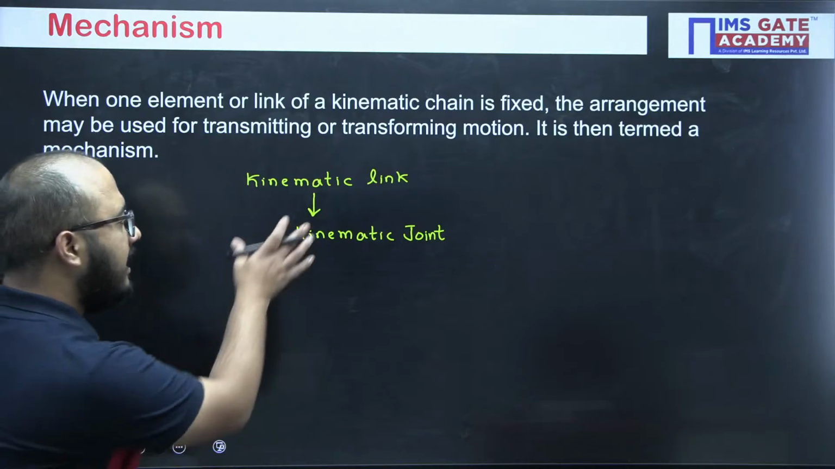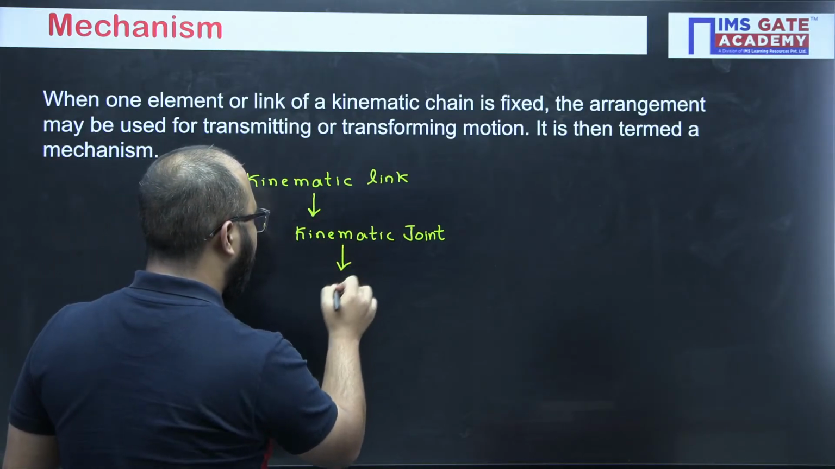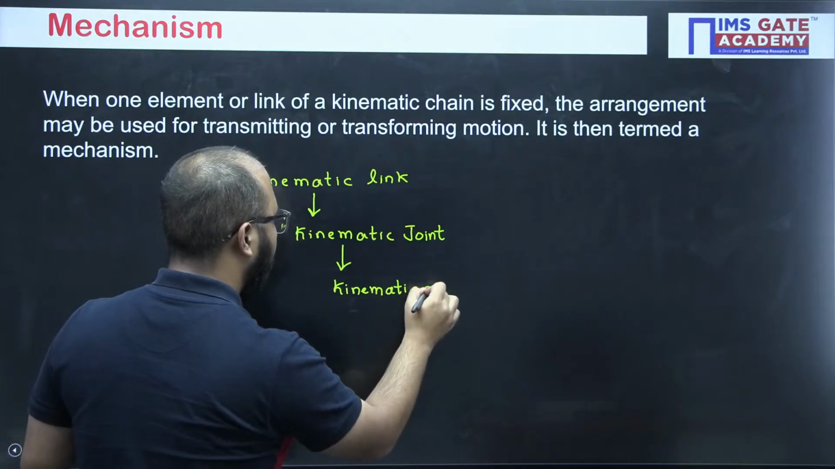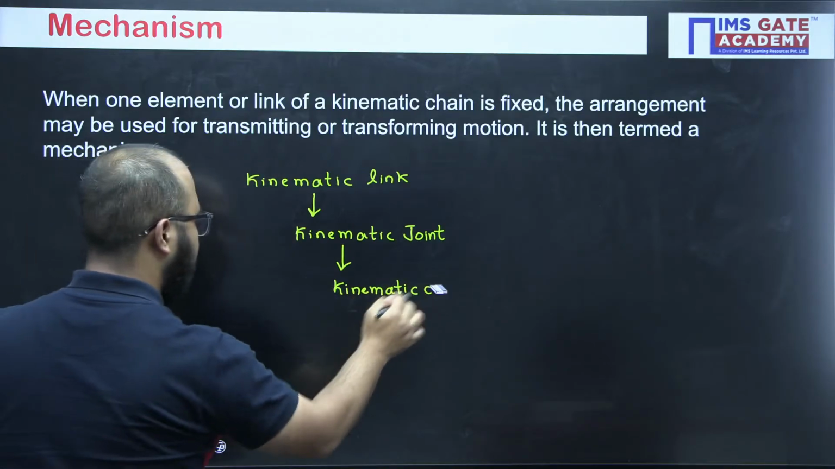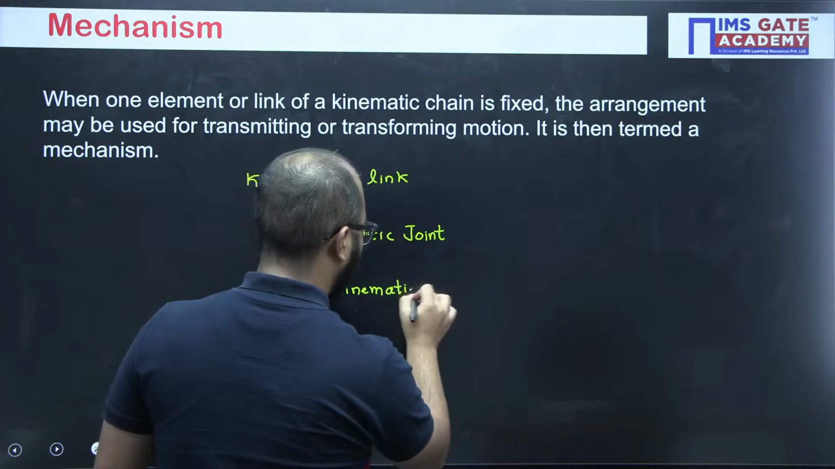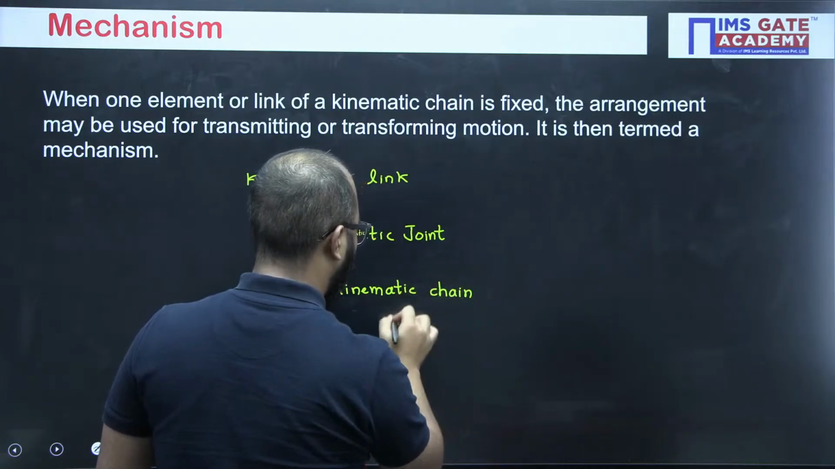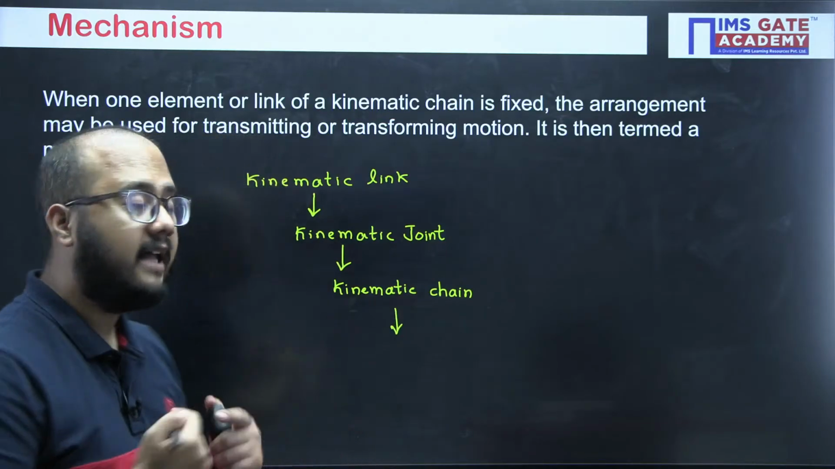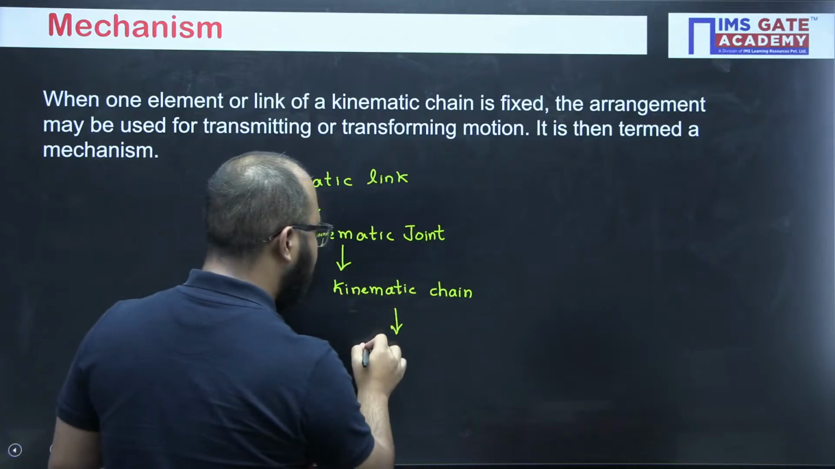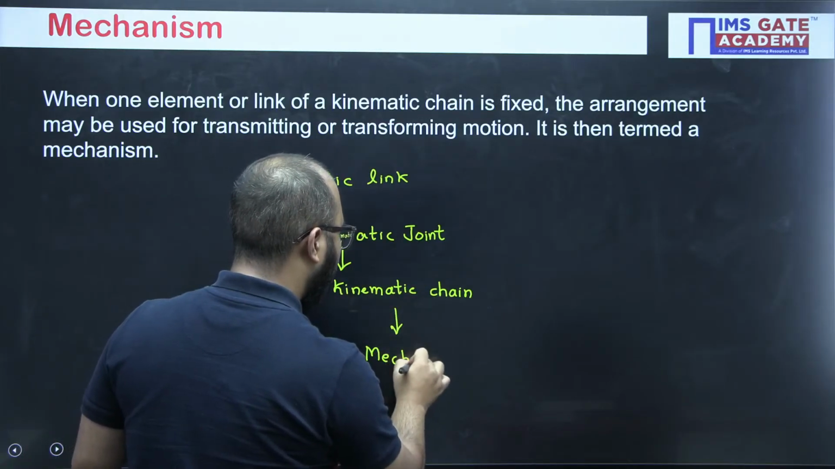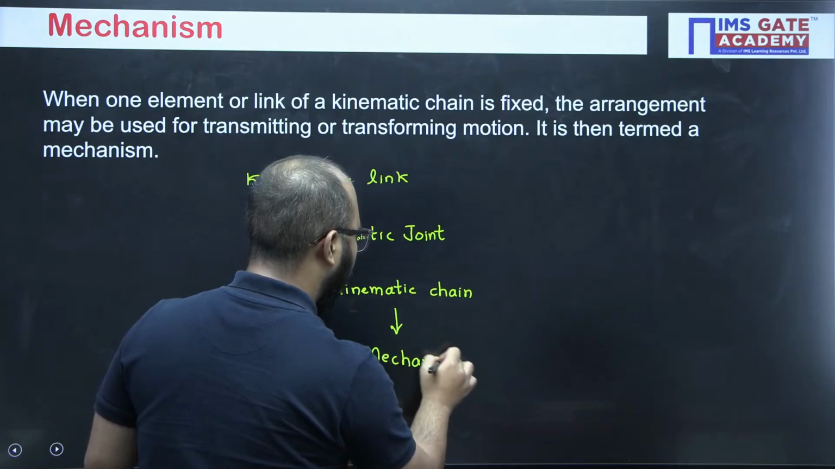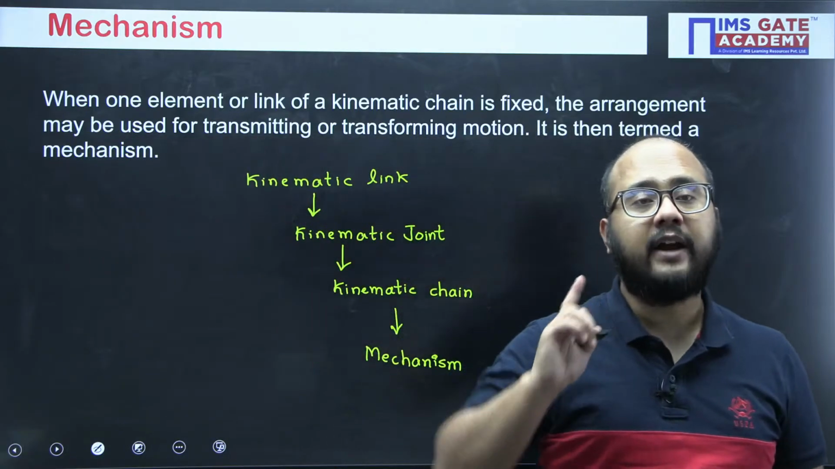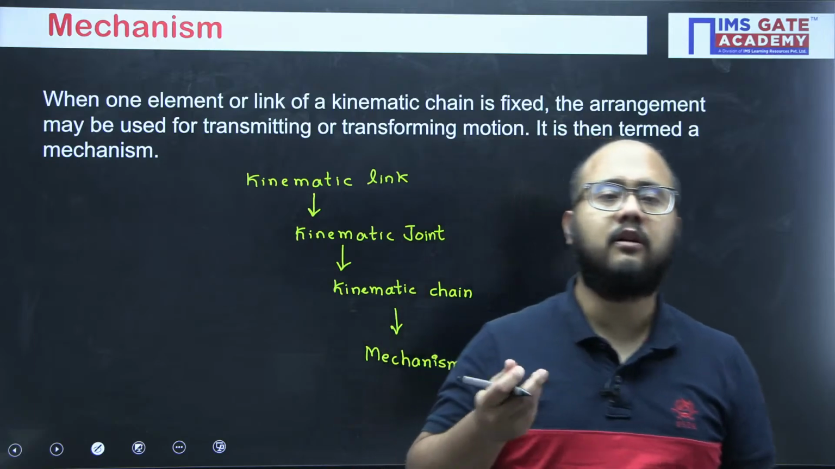Now, after kinematic link, kinematic joint, we have talked about kinematic chain. And then we have talked about what? Mechanism. When any one of the links in the kinematic chain is fixed, it becomes a mechanism. But please understand, if any one link is fixed in the kinematic chain, it will be called a linkage, but